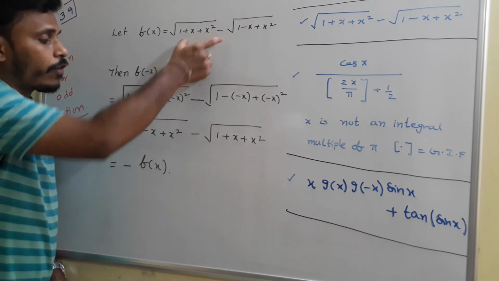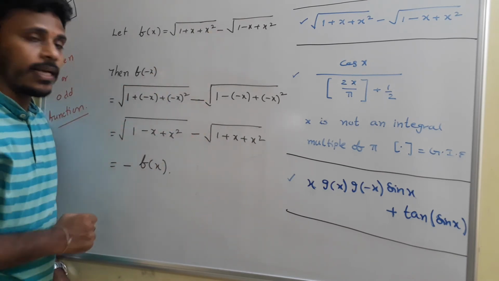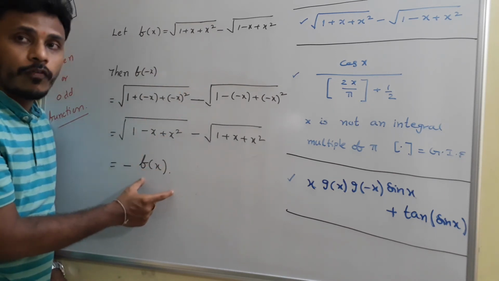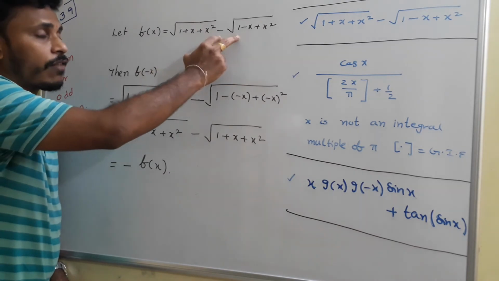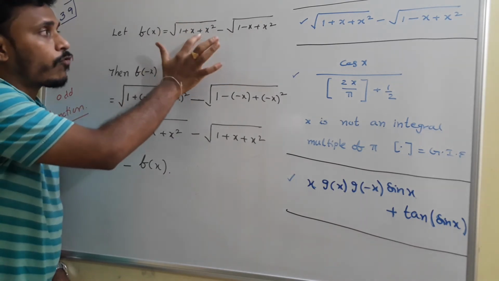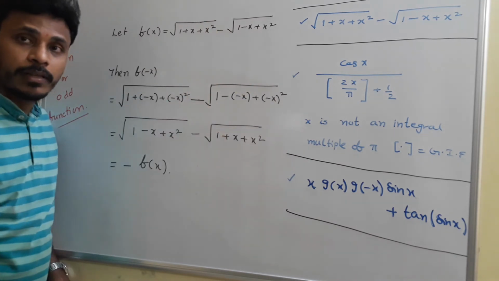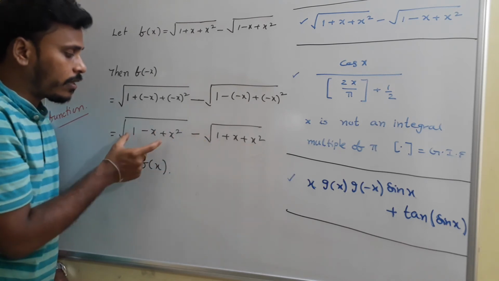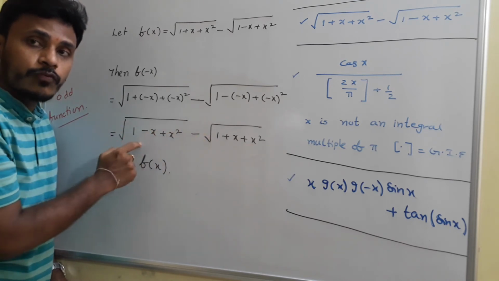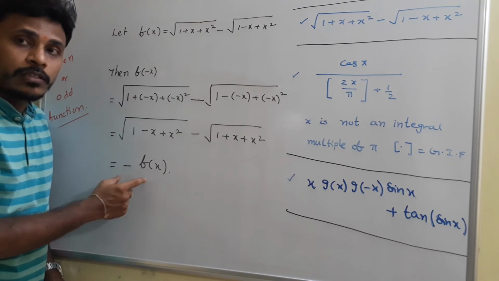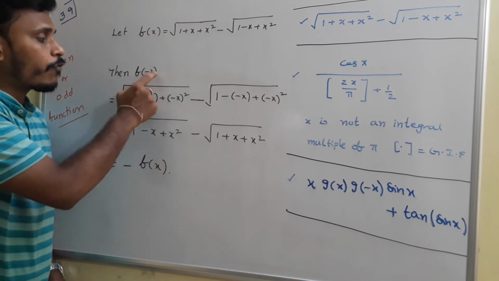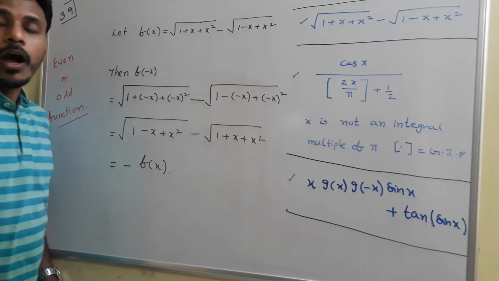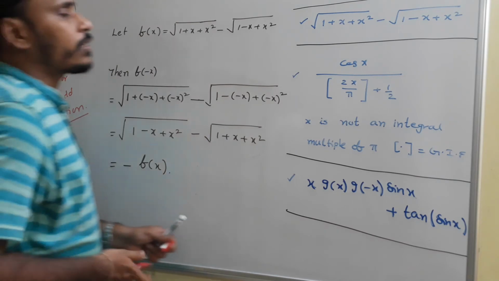Just look at the given function and this. If you common out minus, then these two are equal, right? And that's why this is directly minus f of x. The given function f of x has two terms: plus root of 1 plus x square minus root of 1 minus x plus x square. This expression has two terms, minus for this and then plus of this. So when you common out minus from these two terms, it becomes f of x, so minus f of x. So f of minus x can be written as minus f of x, and that's why this function is what? Odd function. So this is odd.